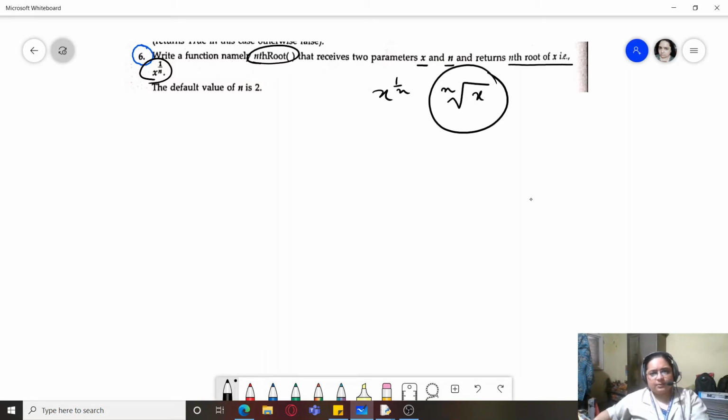So how will I do this? The default value of n is 2. So all the required elements you know.